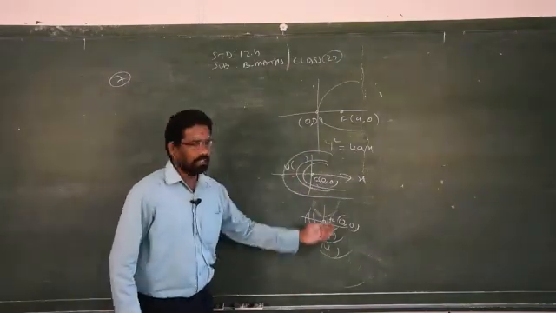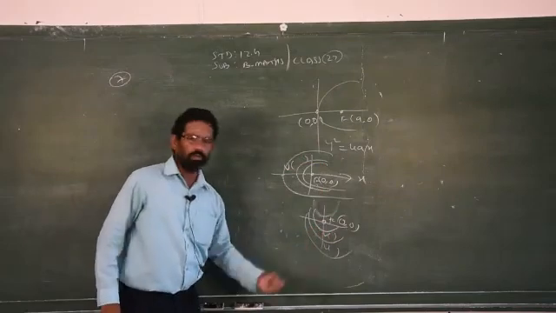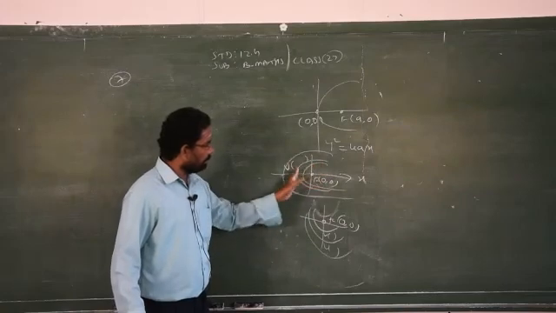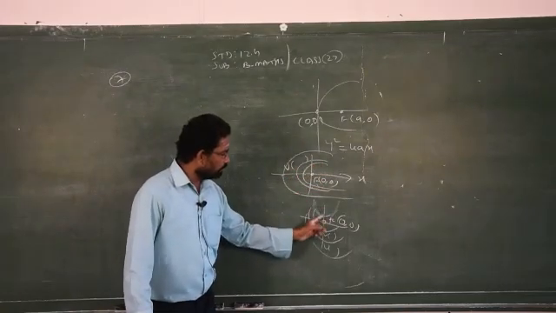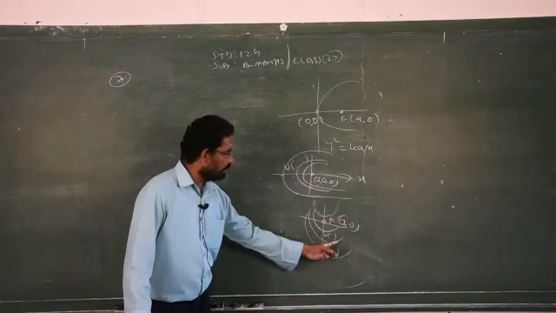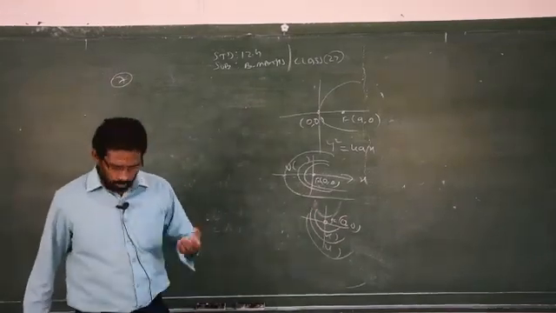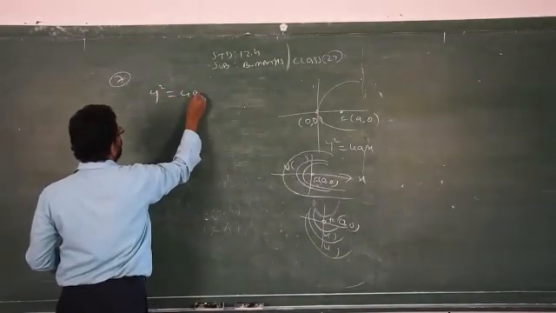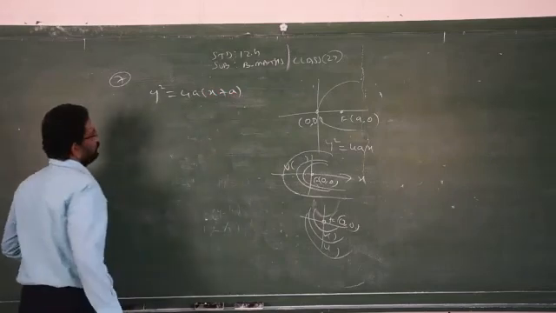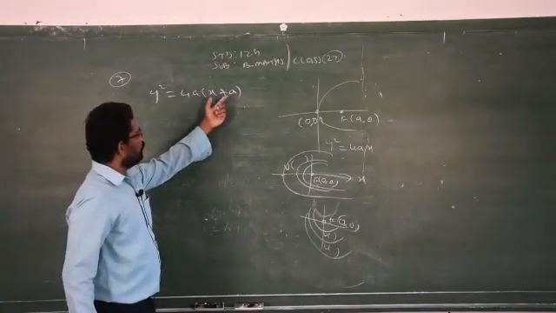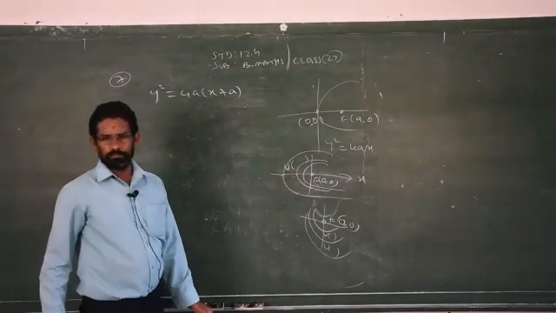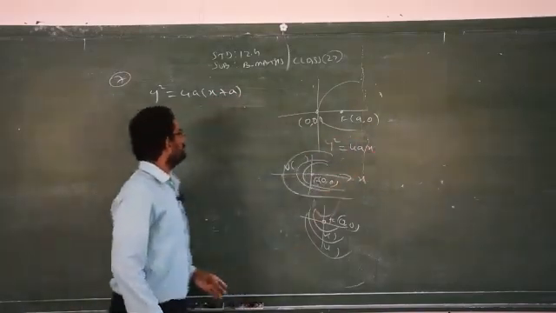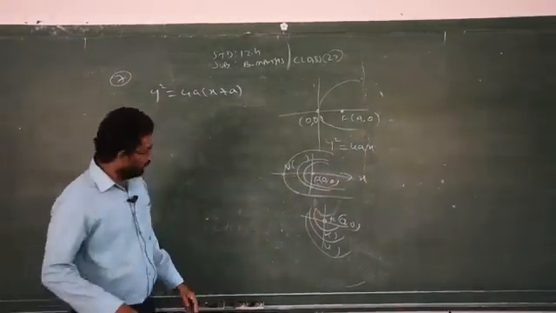So you get a diagram like this for along the x-axis, and along the y-axis. With the axis of the parabola along the x-axis, you will get this format. This is the family of the parabolas. Then with axis along the y-axis, you will get this type of parabolas. But the focus of the parabola is what? 0, 0. The general formula is y square is equal to 4a into (x plus a). The reason I am writing x plus a is because the focus is at the origin. Focus is origin, vertex will be something different. So therefore, there will be variance in the x-axis. Therefore, we will get y square is equal to 4a into (x plus a).